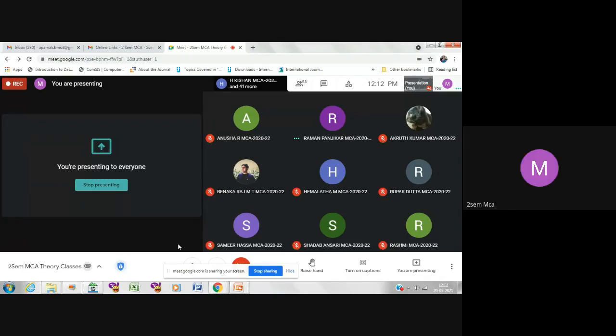Ma'am, if we use borrow and write the attributes of borrow, we can call borrow a relation having these attributes. Yes, you can, because you are creating a table anyway for borrow. Table is nothing but relation, and relation is nothing but table. Relationship is different. You got the difference between relation and relationship? Yes, ma'am. Relation is nothing but a table. You are creating a table for borrow there, have you created it or not? Yes, ma'am. Great. So we have brought it into the schema diagram also.